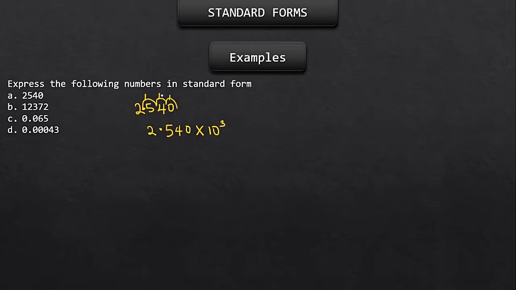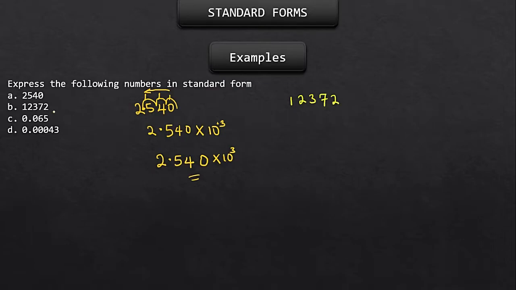Did we move to the left or to the right? We moved to the left, so it's going to be a positive power. We don't even have to write the plus. So our answer is 2.540 times 10 raised to power 3. Very simple. Then the second one says 1, 2, 3,